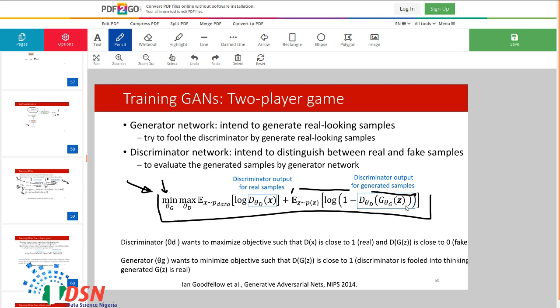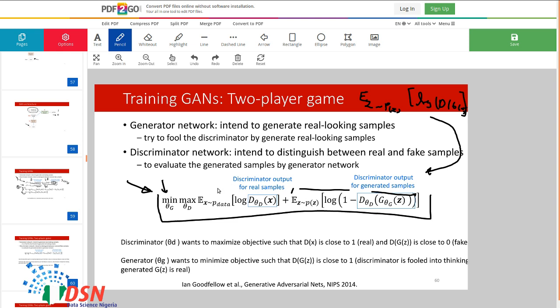So in this term we want to minimize this, or in other words, we want to maximize this. So instead of writing maximize this, we write minimize this, and the discriminator wants to maximize this, which we talked about in the previous slide.